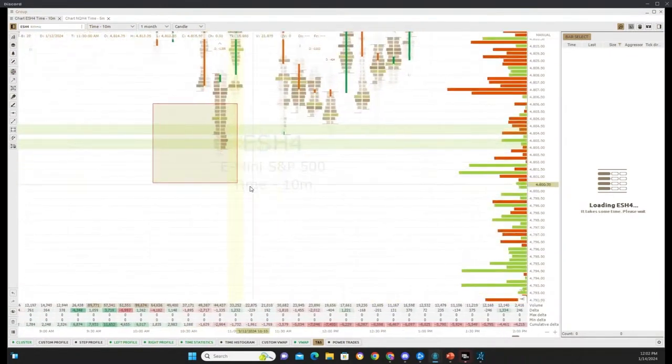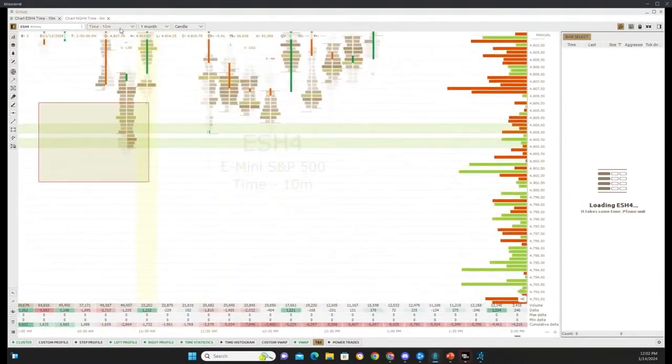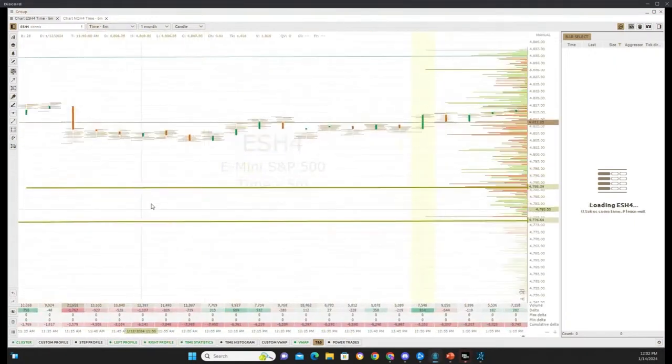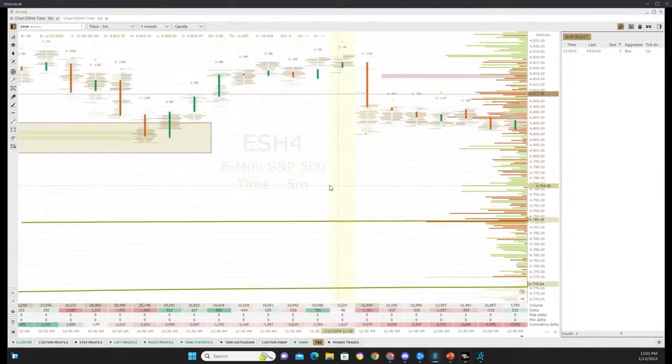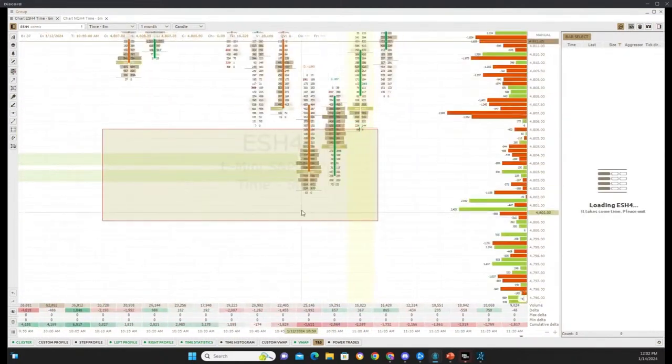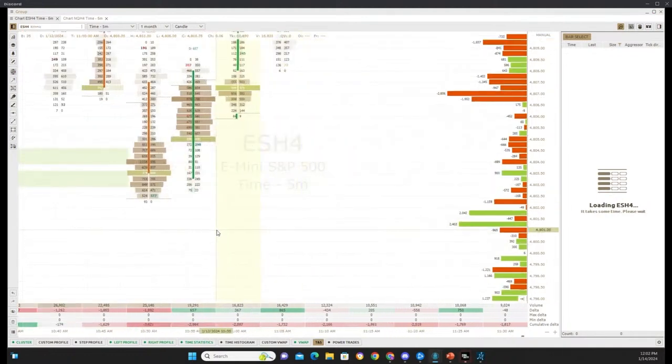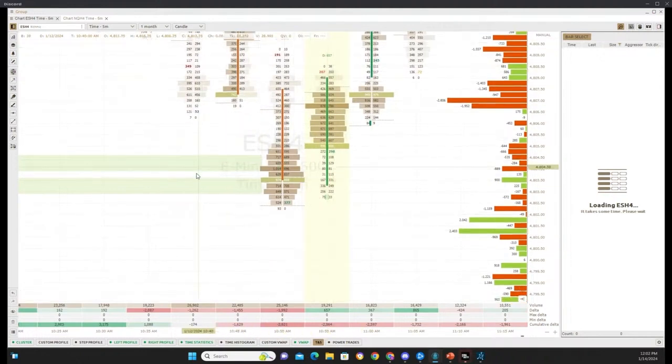So this is the box that we're interested in, and I'm now on smaller time frames. I'll just look at it in 5 minutes. Typically, that's what I switch to. And here goes. Remember how I said earlier, I want to see whether the bid's a little bit inflated if you're coming up to support level. And then at some point, I want to see aggression coming out of it, meaning